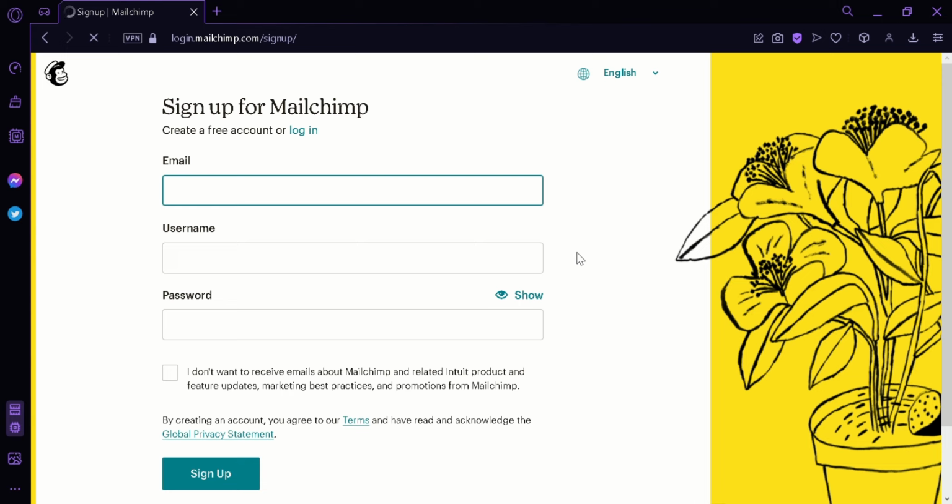And then over here, this is where we will need to input our information. Now first, we're gonna have to input our email address, then our user, and our password. Then you can click this box over here if you want to or don't want to receive emails from MailChimp related to any updates about it. Now I already have an account, but after you create a sign up, you're going to see a page like